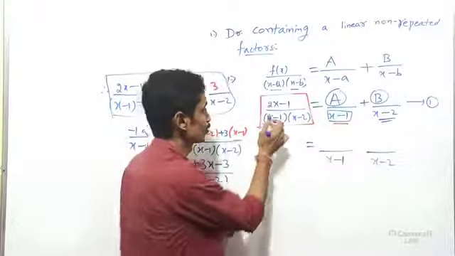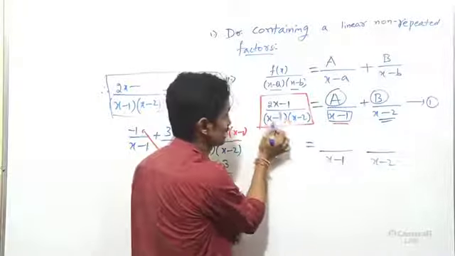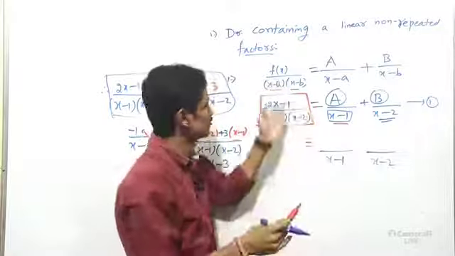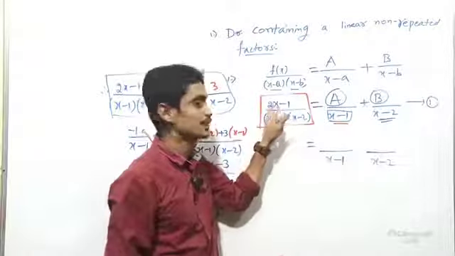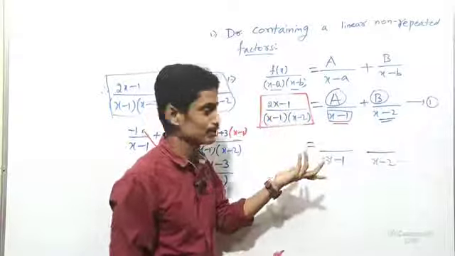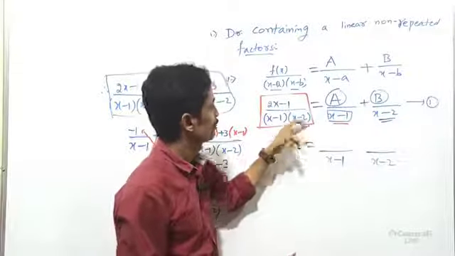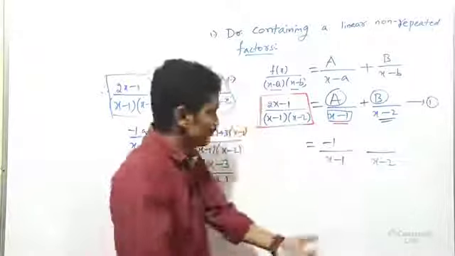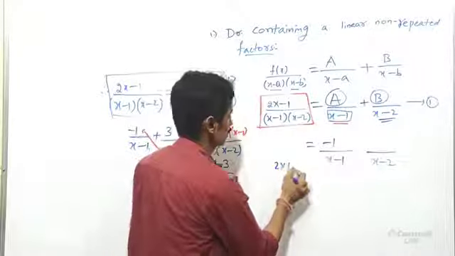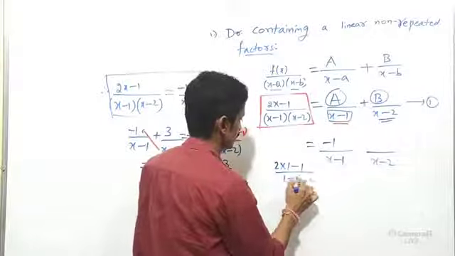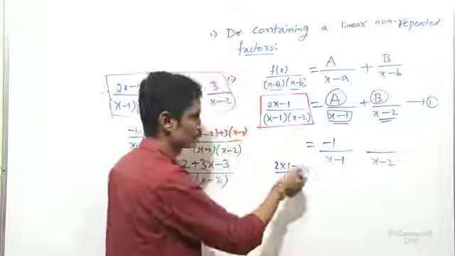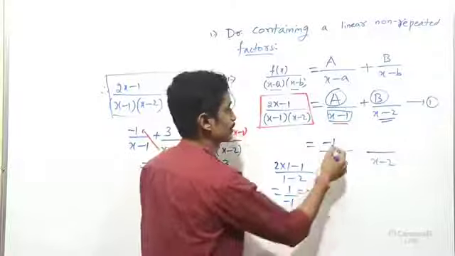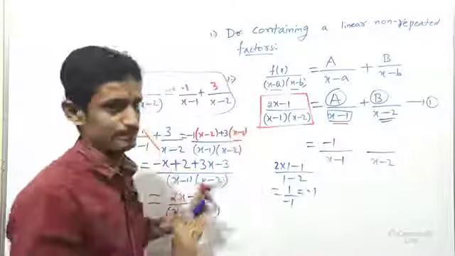So x equal to 1 we have to substitute here, everywhere except in x minus 1. You should calculate in your mind, it is very simple. 1 we replace, it means 2 ones are 2, minus 1 is 1, divided by 1 minus 2 is minus 1. So we will get minus 1. Or roughly in speed also you can calculate: 2 into 1 minus 1 divided by 1 minus 2. It's very simple. 2 ones are 2, minus 1 is how much? 1 divided by minus 1, that is minus 1. No step is required.